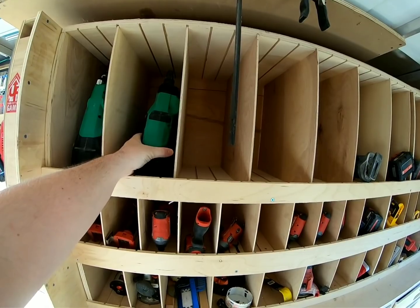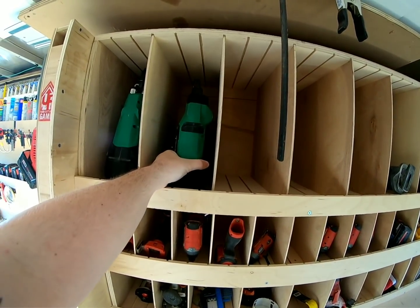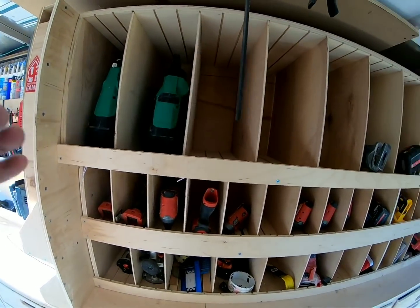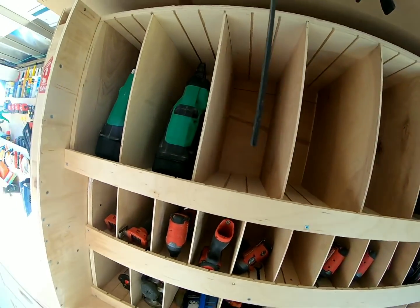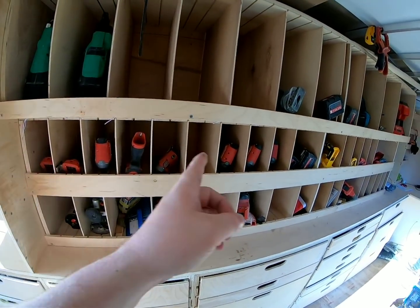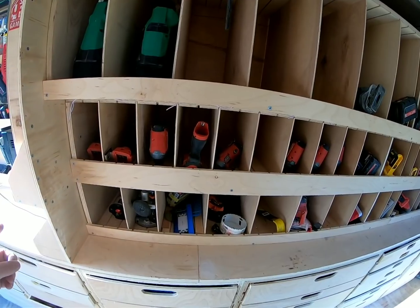Got the 18 gauge Hitachi, which I know are superior nailers just by the way they function, and it was immediately, I knew it was a superior tool. A couple other besides this entire row here,